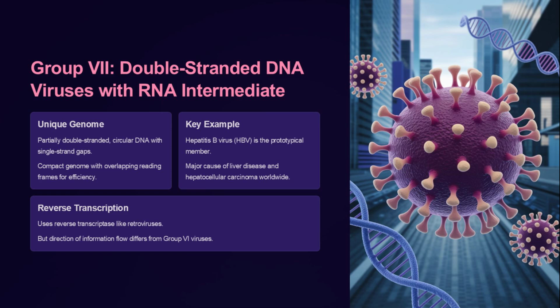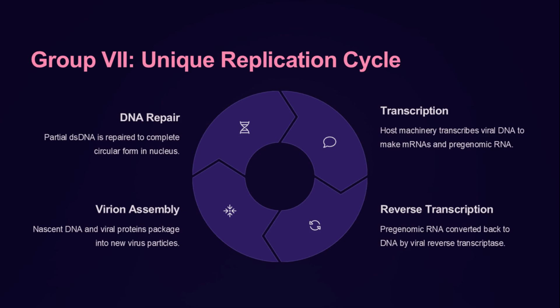Hepatitis B virus, HBV, is the key example of this viral group, and is a major cause of liver disease and liver cancer globally. Like retroviruses, these viruses use reverse transcriptase, but the direction of information flow is different from retroviruses. The slide outlines the unique replication cycle of Group 7 viruses, which includes DNA repair, transcription, reverse transcription, and